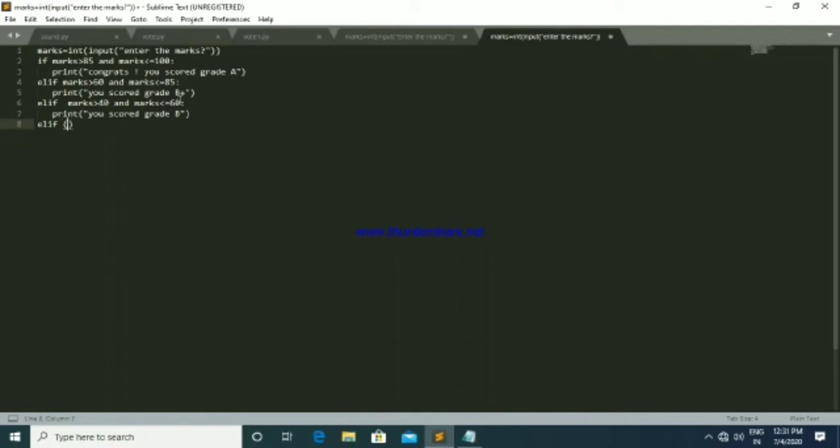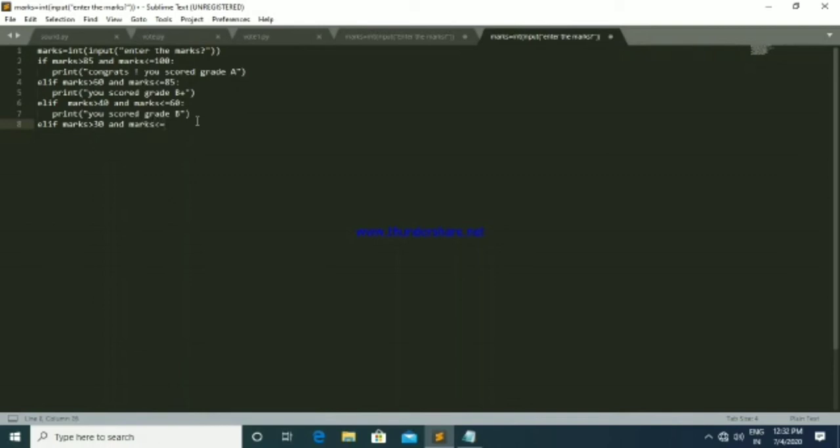Finally I'm going to give the marks which is greater than 30 and marks lesser than or equal to 40.